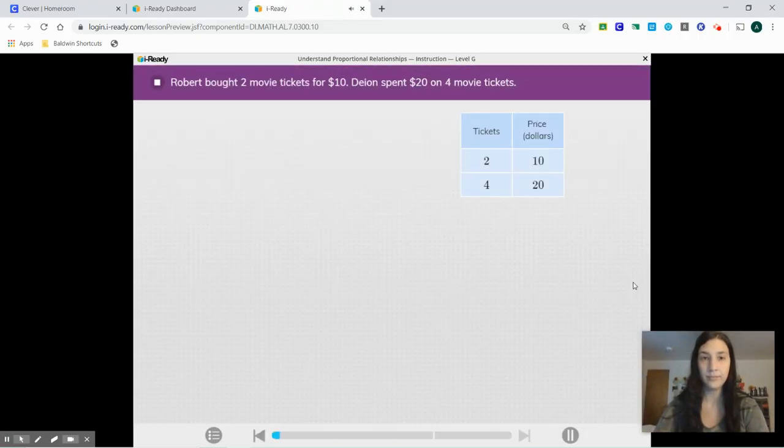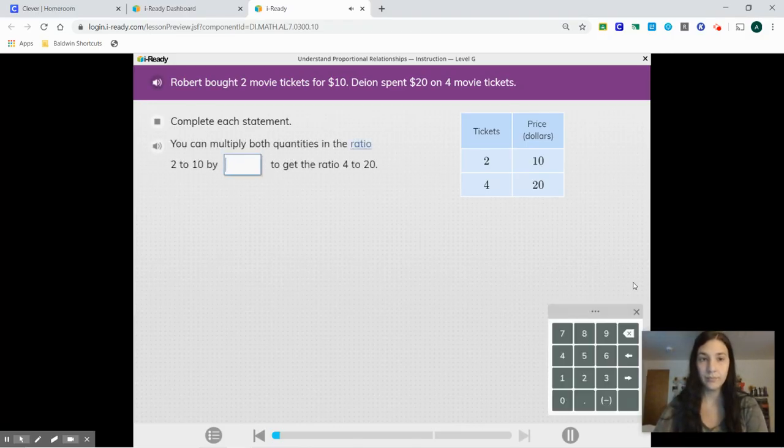Robert bought 2 movie tickets for $10. Dion spent $20 on 4 movie tickets. Let's find the price per ticket. Complete each statement. So we want to see what is the relationship between the price and the number of